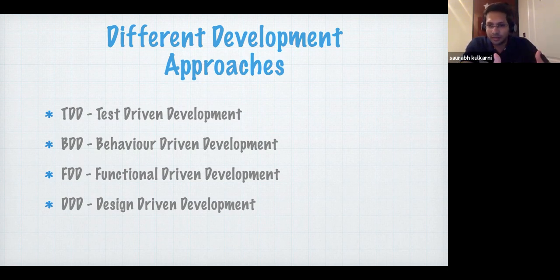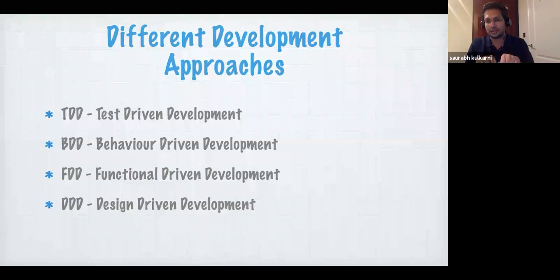BDDs are predominantly used with a tool called Cucumber, and we will see that later on. That is also open source. But the need for behavioral driven development has come later in the industry, and has also been adopted by the industry. The industry is currently using both approaches, and they coexist on most of the projects. It is debatable whether you should use only one of them, but it is observed that most industries and most companies follow both approaches together.